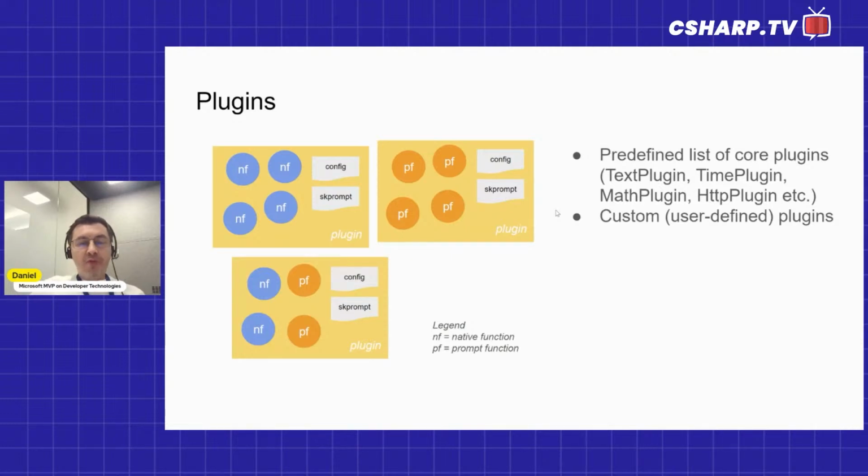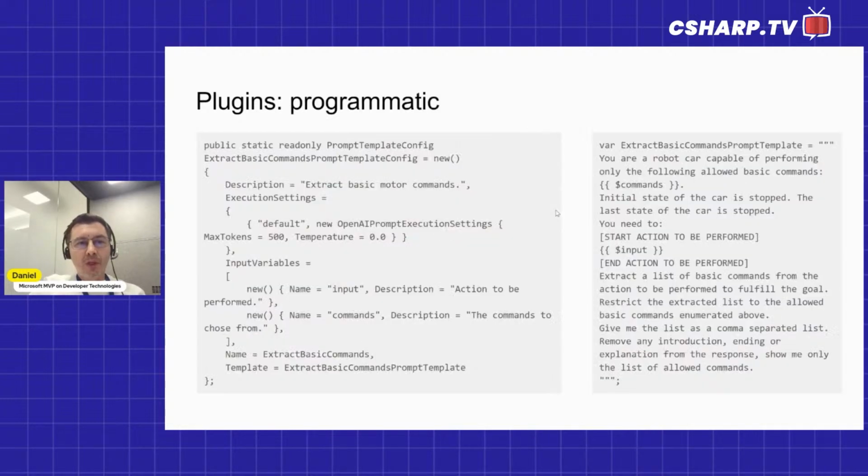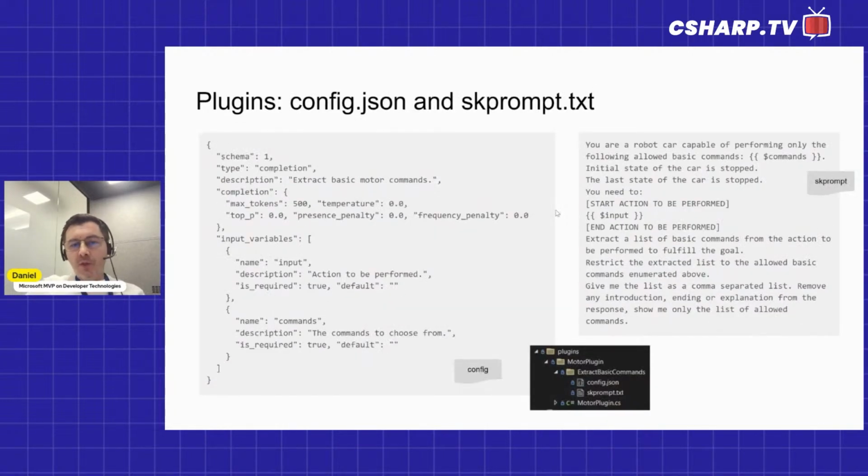And of course, we are able to call these functions. We can create the plugins in a programmatic way, but we are not limited to this. We can have a dedicated way of working with these plugins by using some special files. And these are